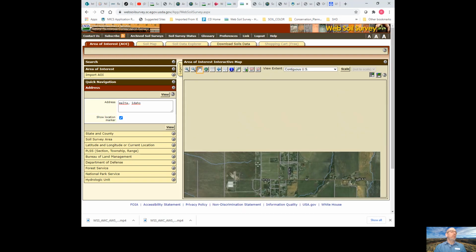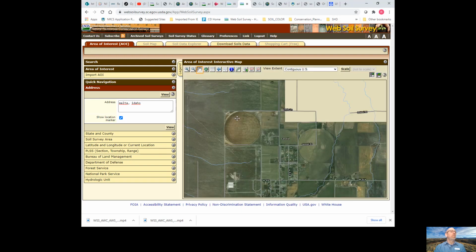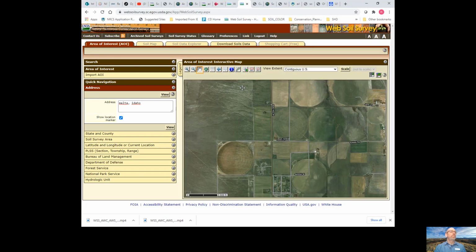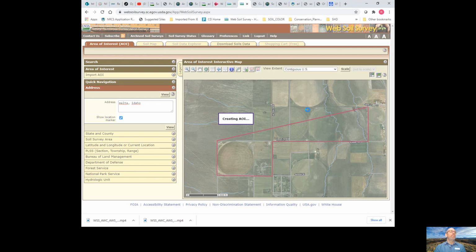I'm going to use the pan hand and go a little bit north of town. And then I'm going to pick the AOI polygon tool and delineate a custom area rather than just drawing a box. And I'm doing this for example purposes. This doesn't have anything to do with any ownership boundaries here. And in the end, we'll utilize the function of web soil survey that'll allow us to generate a downloadable file representing this delineation so that in the end,